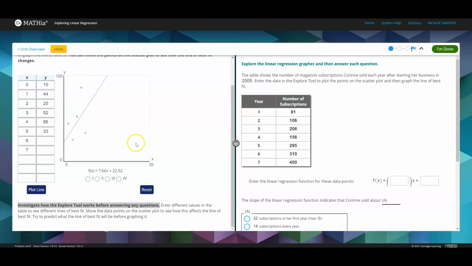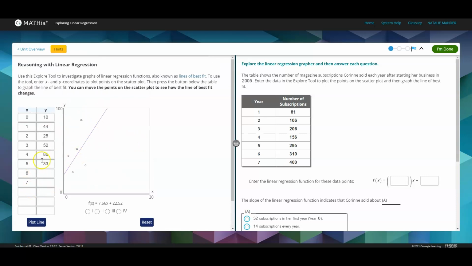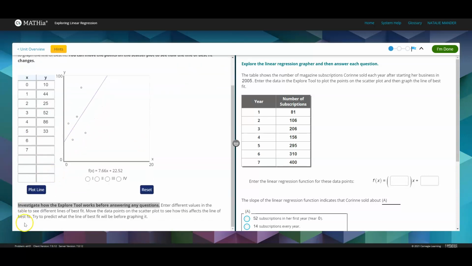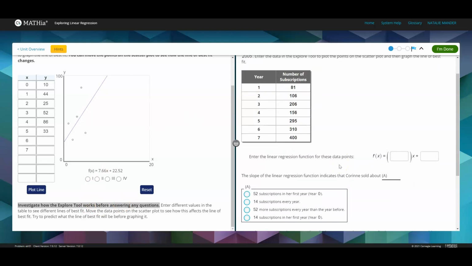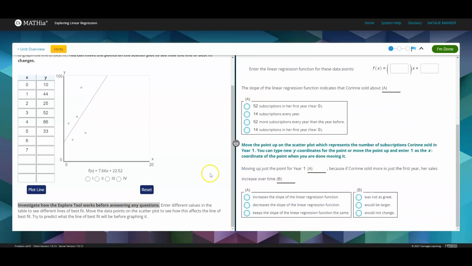And as you can see, there's a panel on the left-hand side that's got a scatter plot and a table of values. And the very first thing that it says here is to investigate how the tool works before answering any questions. So the program wants and encourages learners to explore the technology, look at what's happening as we create a scatter plot and a table of values similar to Desmos, before actually connecting it to a concrete data set and creating the functions like we can see on the right-hand